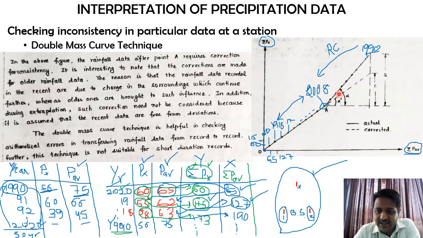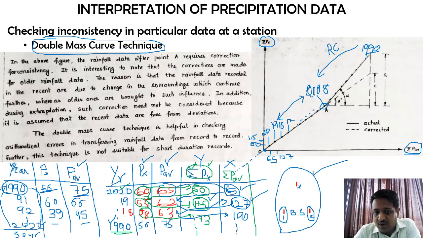Whenever such kind of deviations are occurring, what we need to imagine right now is, I want the rainfall characteristics for the future. That is what we have done in this calculation. The latest year they have given is 2020. But whenever I want to utilize this double mass curve technique for future works, at that point of time I need to have the values which are further over here. So what does this further thing mean to you? Please try to imagine this.